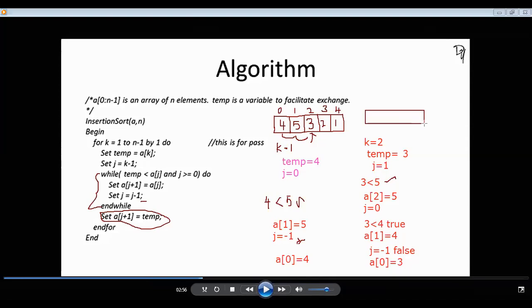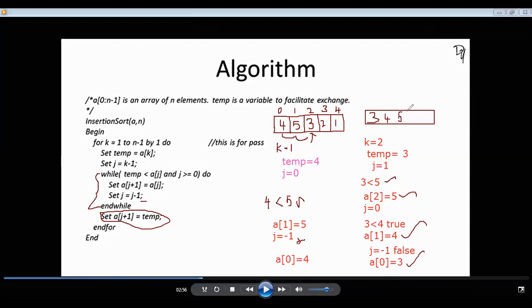So now what will happen? 3 had come here. See, A of 0 is 3, A of 1 is 4, and A of 2 is 5, right?